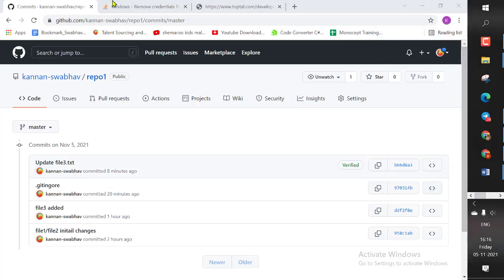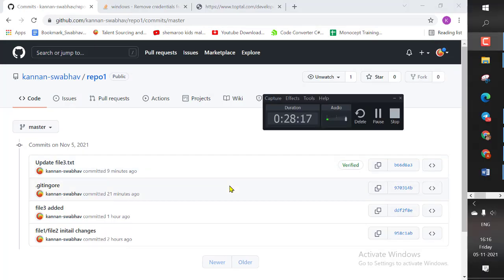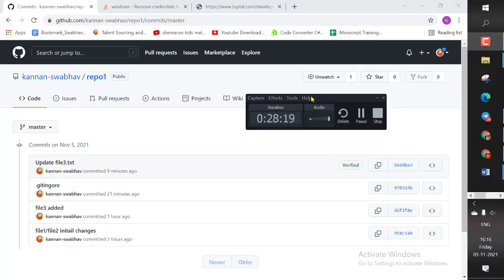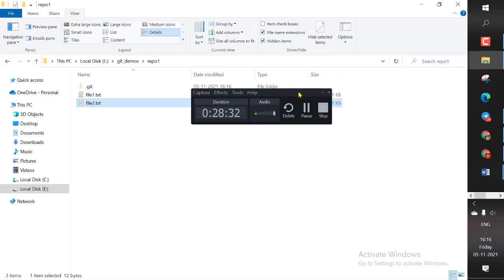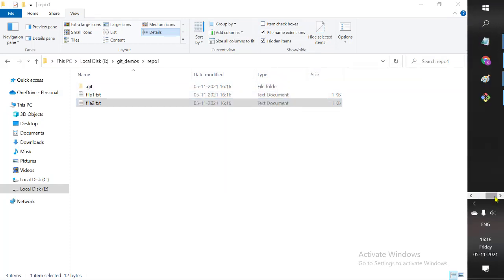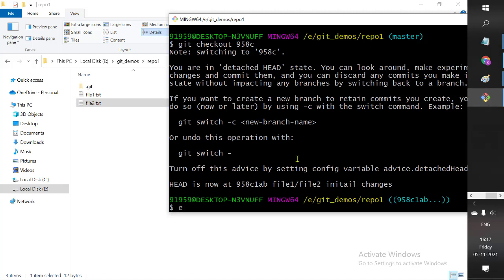Your repository, your subhab repo: make a subhab repo, put all the code of subhab repo inside it, and try to push it. Make sure before pushing it, you definitely have to do a git add and commit. If you have multiple files you want to add together, there is an easy way. So let me do a git checkout